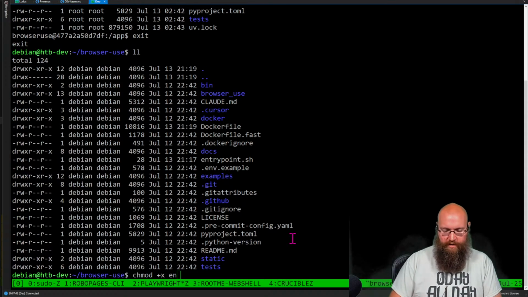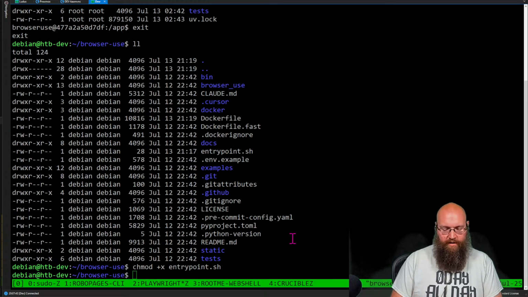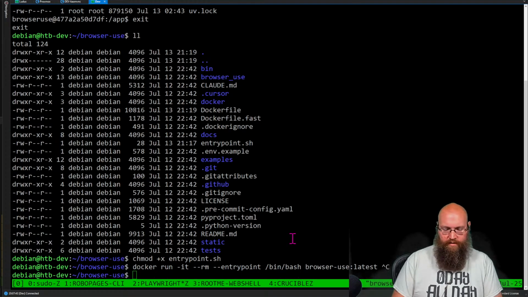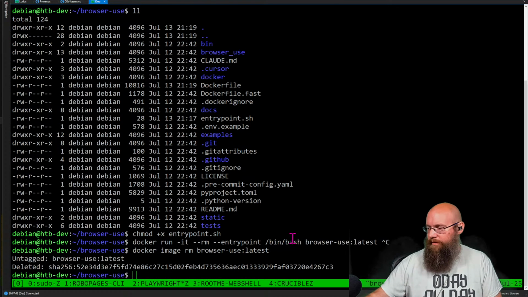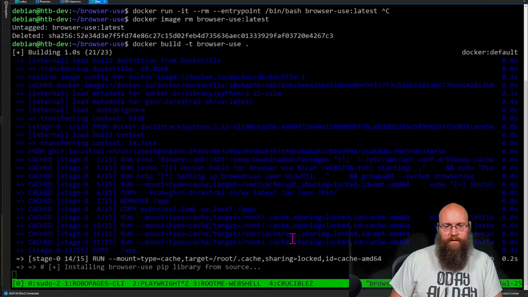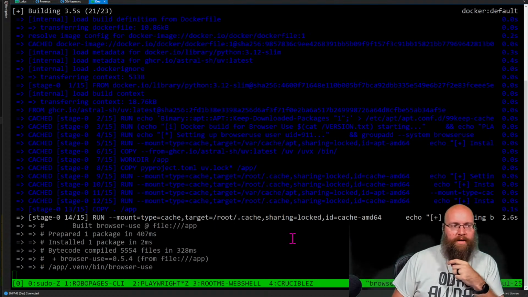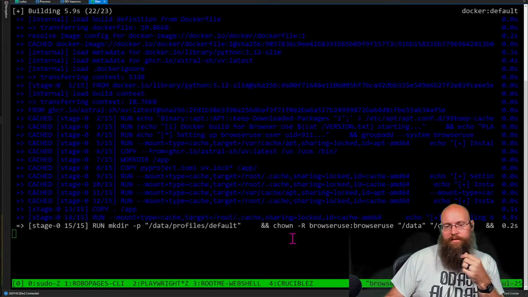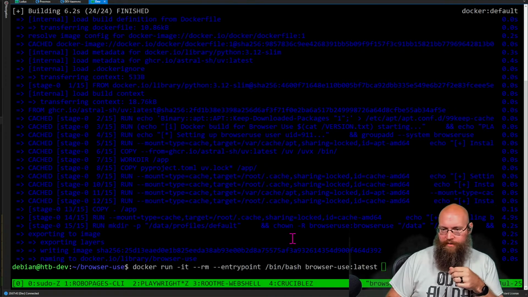So we're going to do the quick and dirty way. And then let's see. There we go. Let's get rid of this. And then let's rebuild this guy. So we'll rebuild this browser real fast. And then let's go try it out. So we're still going to override the entry point here. Actually, I'm not going to override the entry point. I'm going to let it just run.